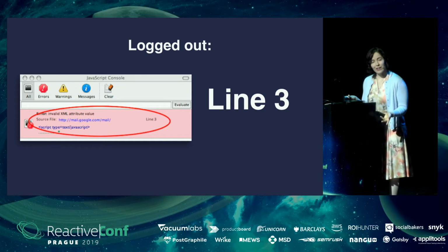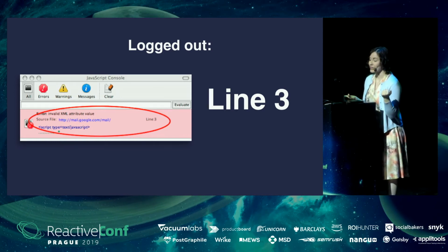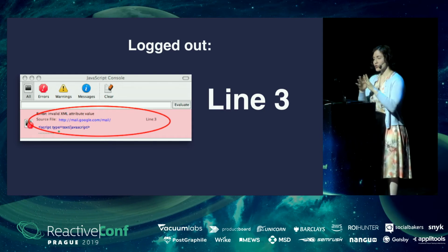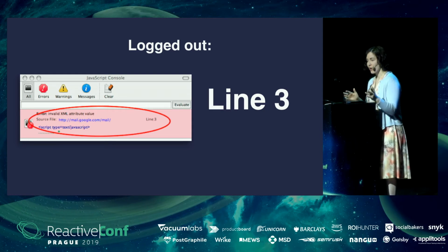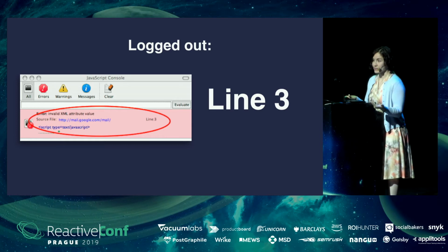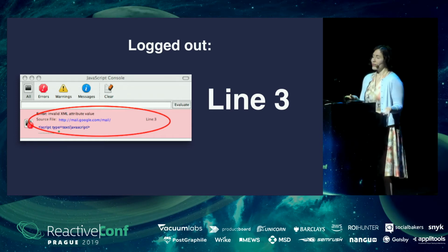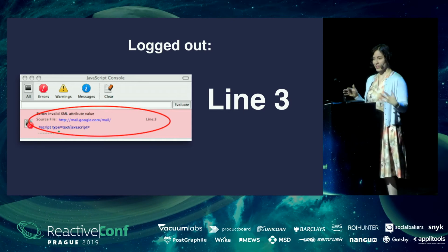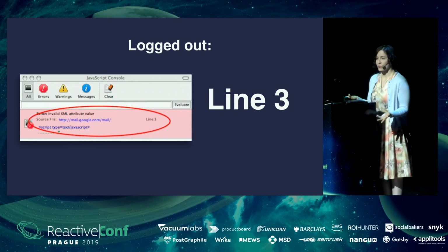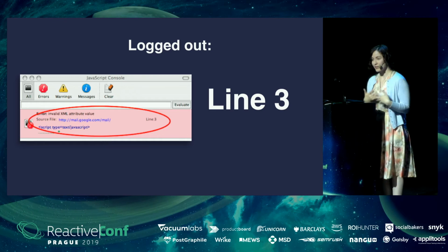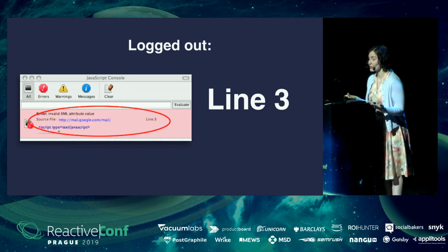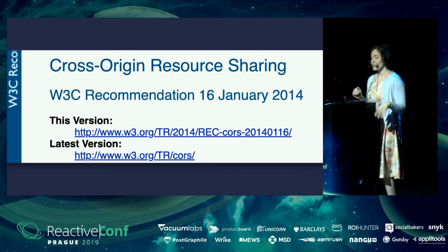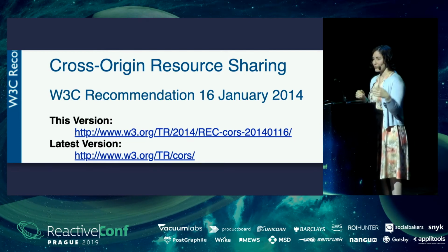And if you're not logged in, you'll see the error on line 3. And people could exploit that to find out which services a user was logged into at the time and use that to make a more targeted attack on them. So it's tricky. Security is very tricky. How do we protect users while also having the flexibility to be able to understand what's going on in our code? The solution for now, it's also a bit messy, but cross-origin resource sharing, you may also know it as